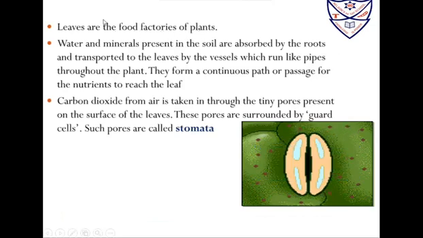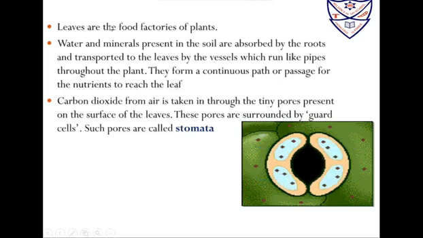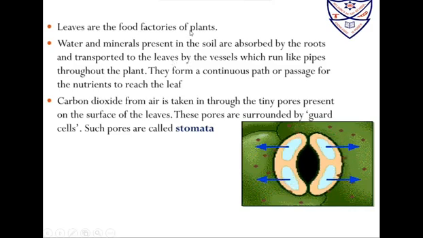As we learned earlier, water is essential for photosynthesis. So water is absorbed by the roots and transported to the leaves, because the leaves are where the photosynthesis reaction is occurring. So this is where it needs to go. There are pipe-like structures in plants called xylem vessels, which help the plant to get this water to the leaf.